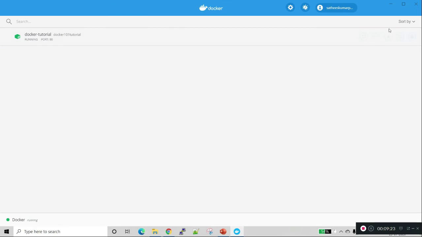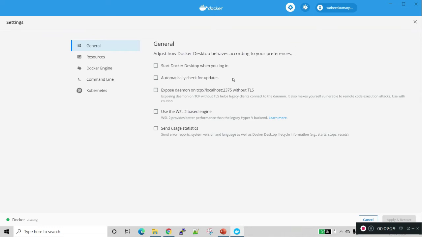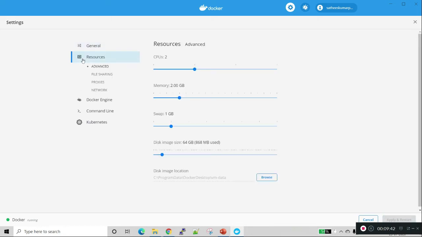These are the settings, where we can start Docker whenever we reboot the desktop. I will disable it because I'm not using this on a day-to-day basis. I just created this for training purposes.